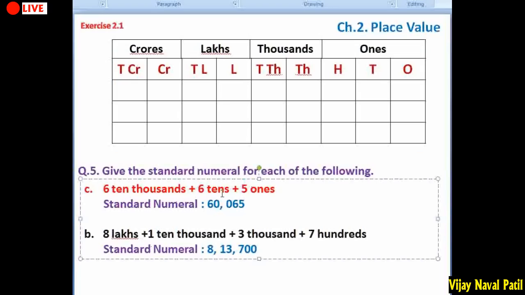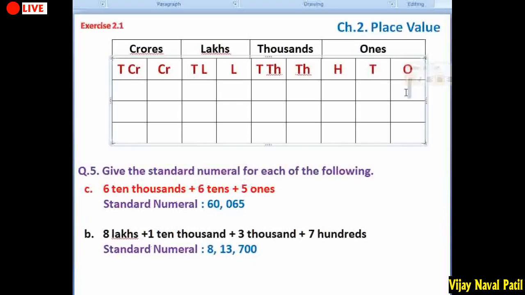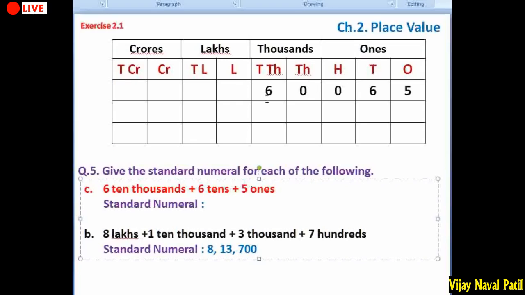6 ten thousands. You have to go from right to left. First you write 5 in the ones place, then 6 in the tens place. Then 6 ten thousands, so here is a 6, and in the remaining places you have to put zeros. So you have to write the number as it is, that is